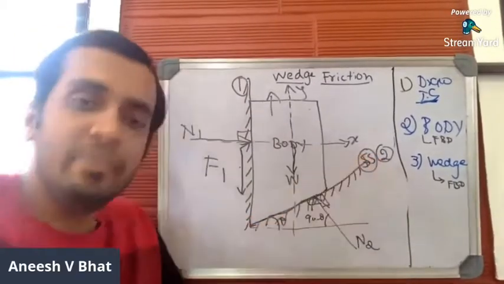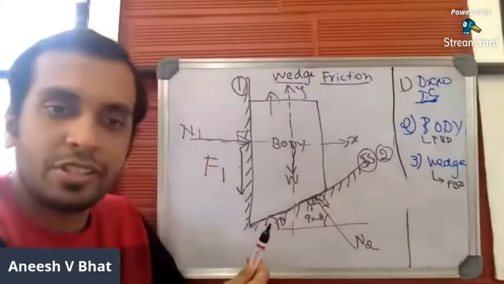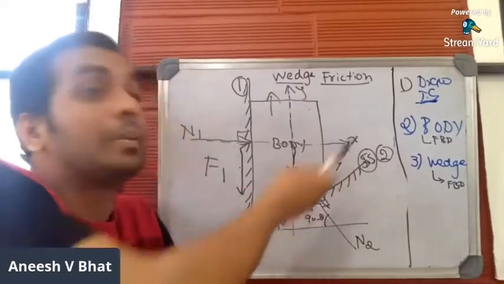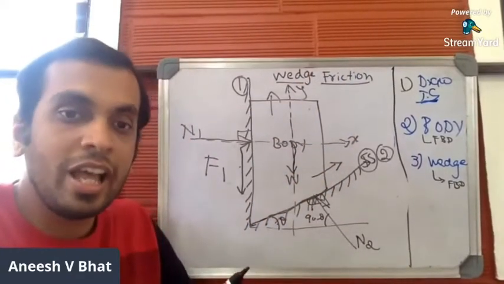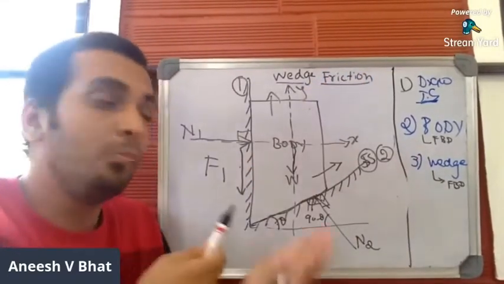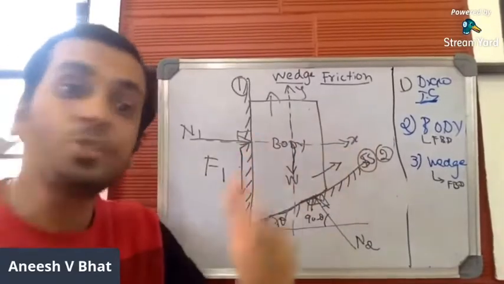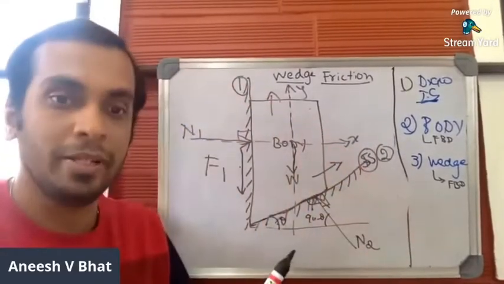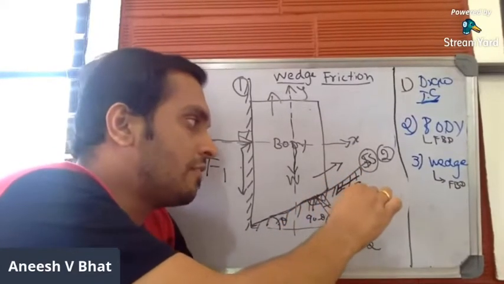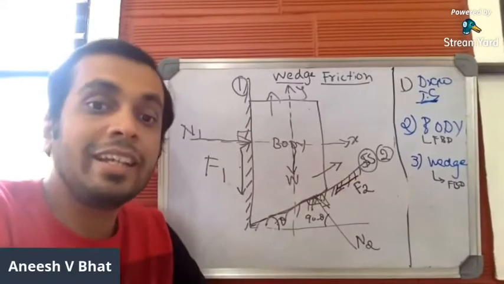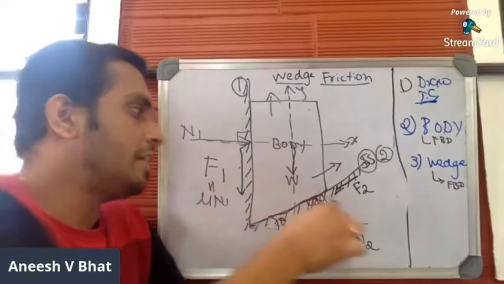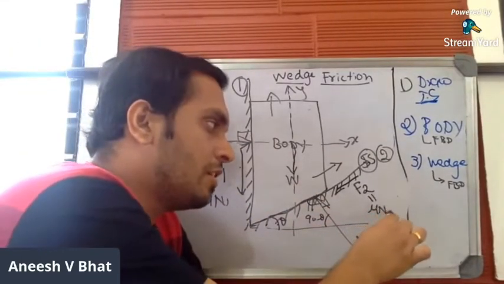And as far as this inclined imaginary surface is concerned, when you push the wedge inside, the trend of motion of the body is up the plane. When you push the wedge inside, body moves up the plane. So when the body moves up the plane, what should be the direction of friction? Opposite to that. It should be down the plane. So down the plane in this direction, I'll mark this as F2, friction offered by the second surface. So F1 can be mu into N1, and F2 can be mu into N2.